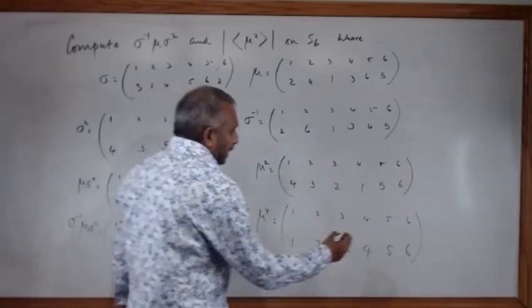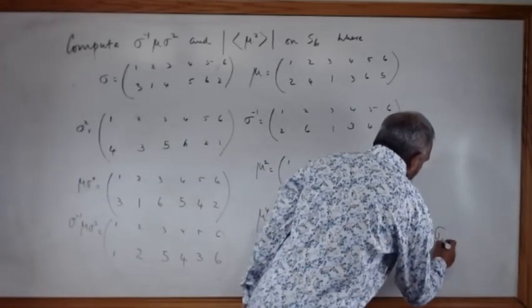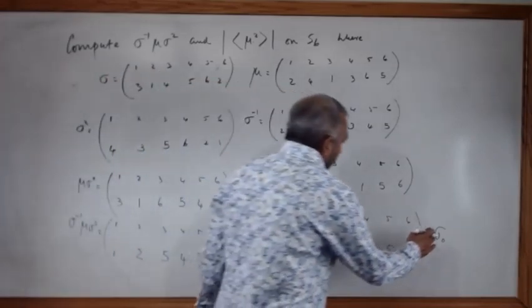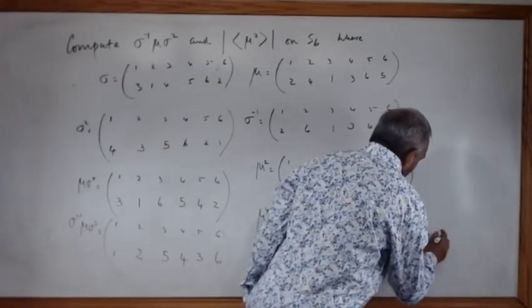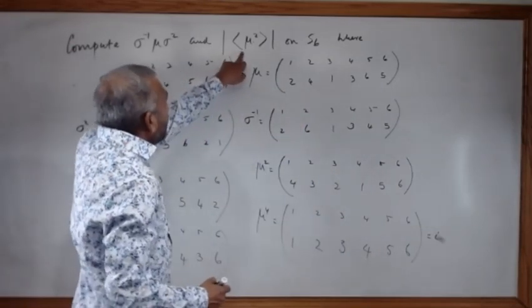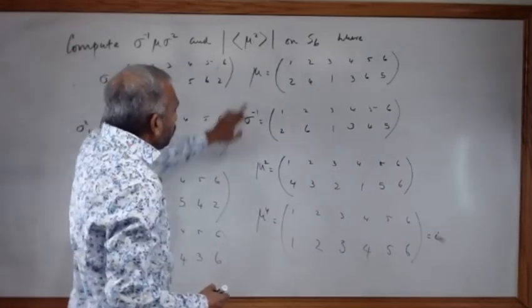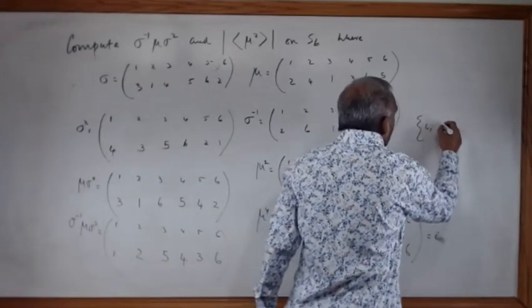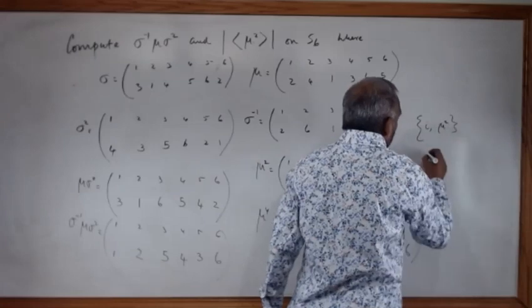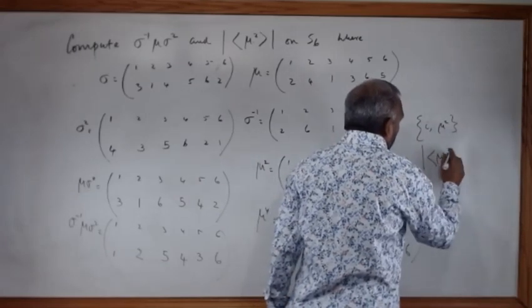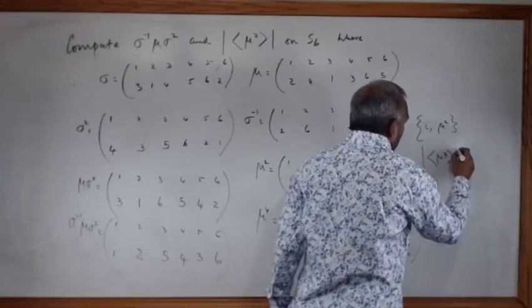So this is actually nothing but the identity map. We'll call it the identity map. So the subgroup generated by mu square has only 2 elements, that is I and mu square. So the order of the subgroup generated by mu square is